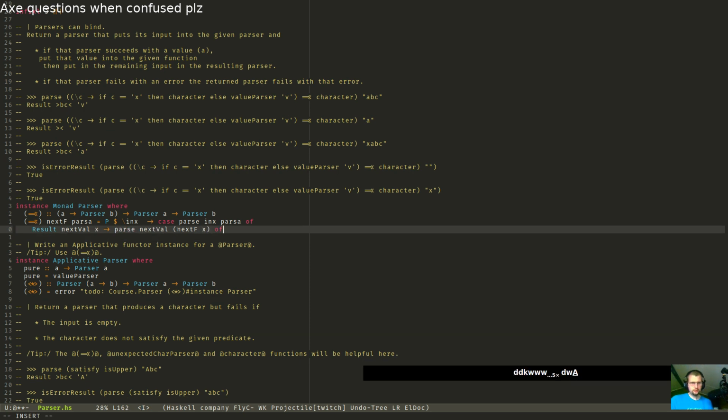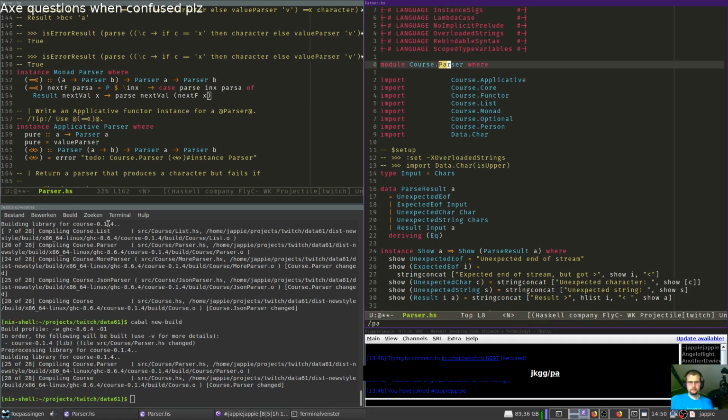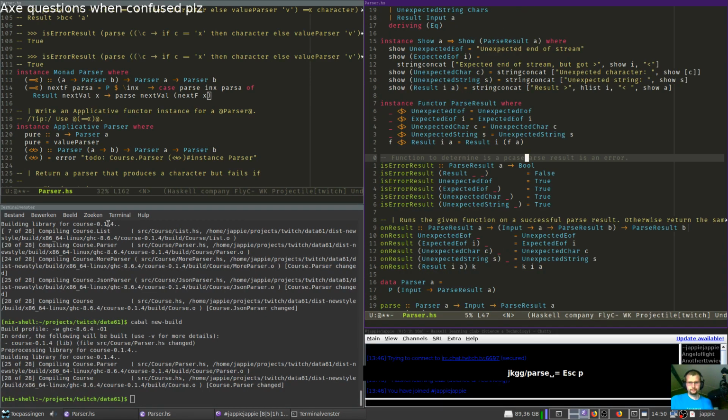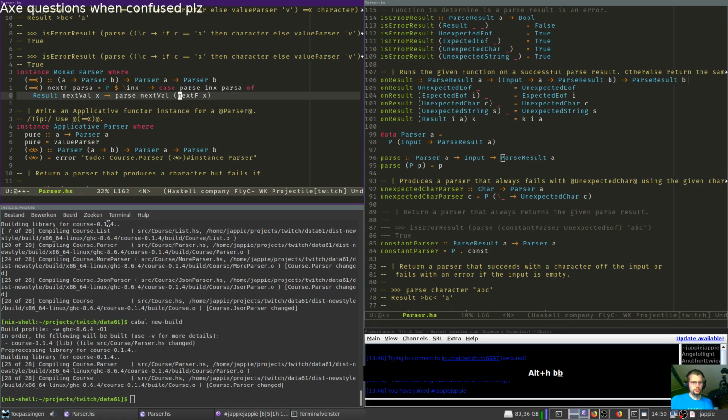Right, we need to just do this then. That's the destructuring I was talking about before. Let's see. Parse is, yeah. So we need to do it twice because we need to have this initial input to wrap around it.